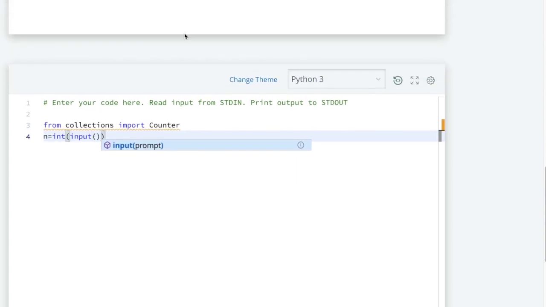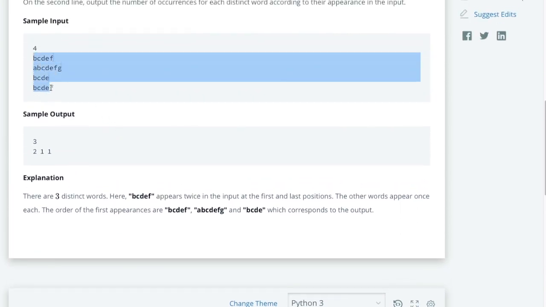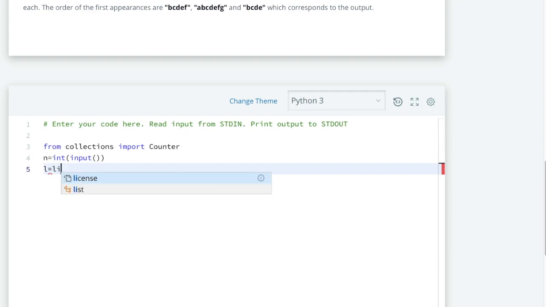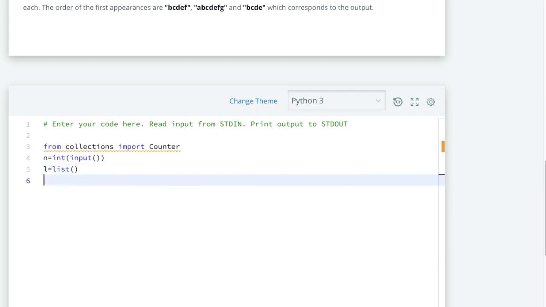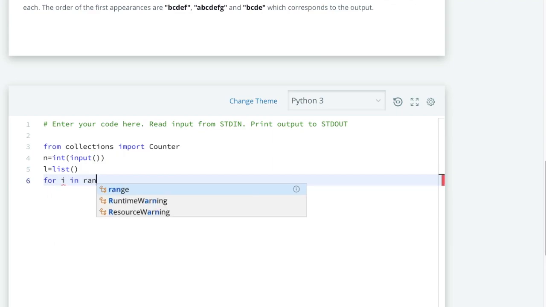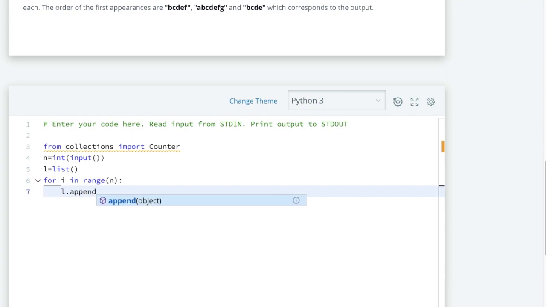Now we are done with the n value. For taking the n strings we have to apply a loop. First let me take one list in which we will simply append all the strings. In range of n, we will simply append the input value each time.